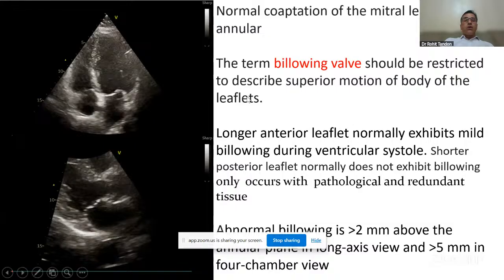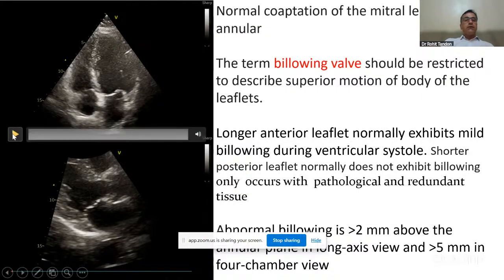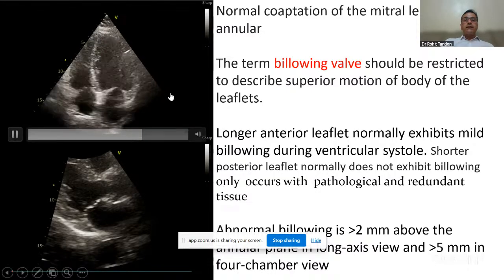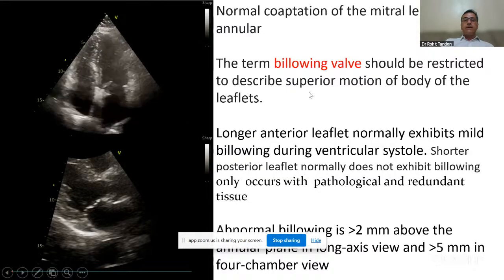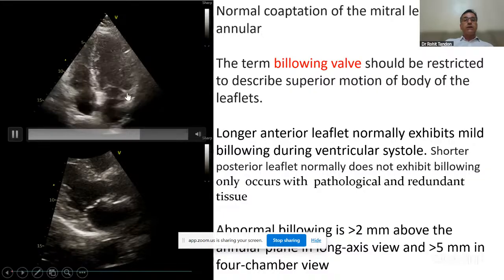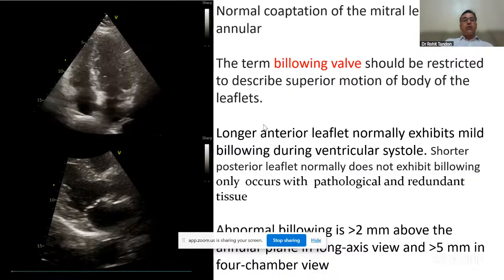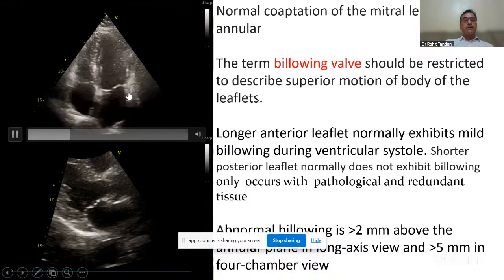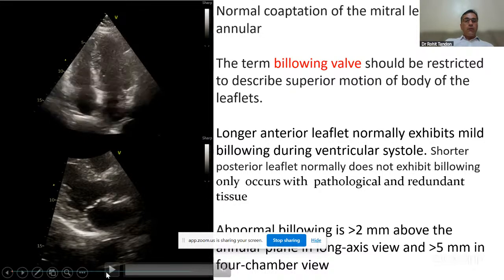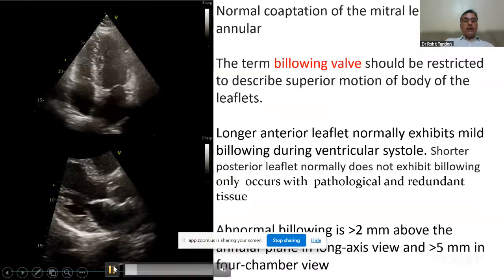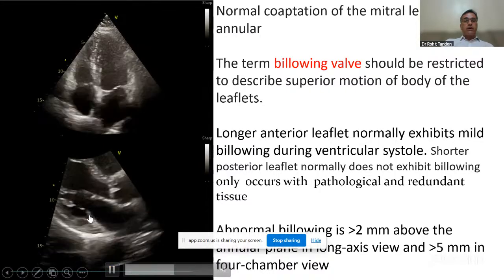The normal coaptation, as we know, is subannular, that is, it is towards the LV apex. But in some patients, we can see billowing of the leaflet, which is actually the superior motion of the leaflets. Normal billowing can be seen in the longer anterior mitral leaflet, as seen in this apical four-chamber view. But if the posterior mitral leaflet is also billowing, as in this view, we can see billowing of both the leaflets,